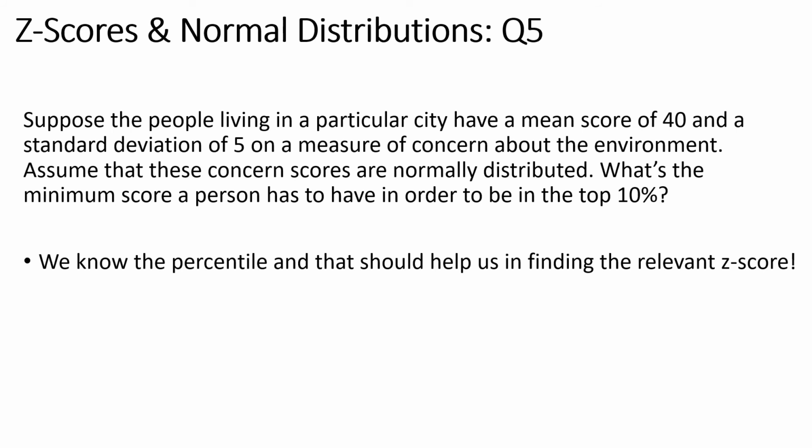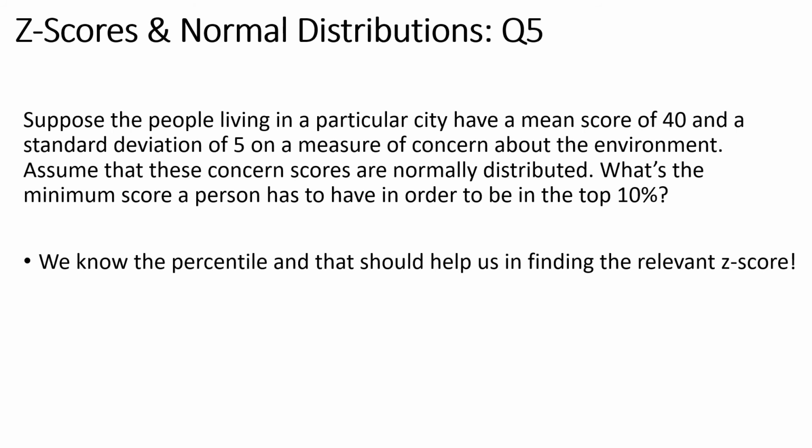All right, question 5. Suppose the people living in a particular city had a mean score of 40 and a standard deviation of 5 on a measure of concern about the environment. Assume that these concern scores are normally distributed. Again, we're working with normal distributions. What's the minimum score a person has to have in order to be in the top 10%